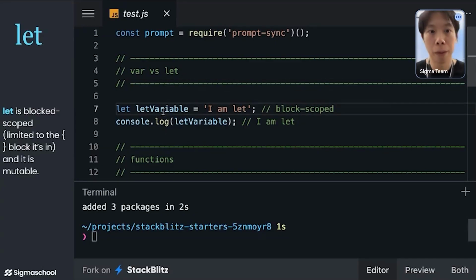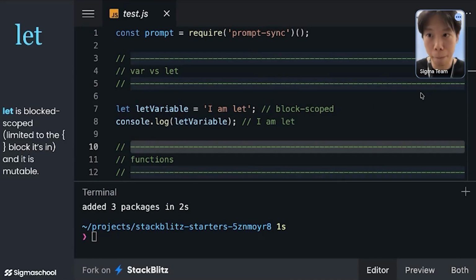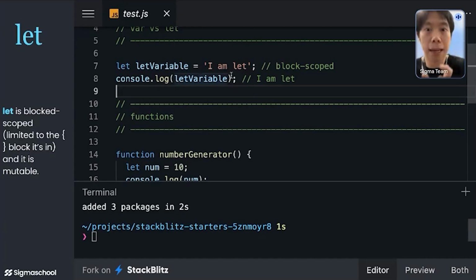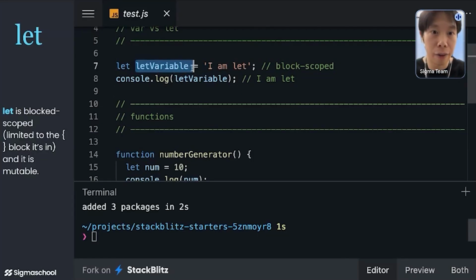For example, over here, you can see that I have a let variable, right? Let me just go down a bit. So you can see now I've defined a let, and the name of the variable is let variable, and I assign it a string. That means I'm storing this whole phrase, "I am let", in the variable.